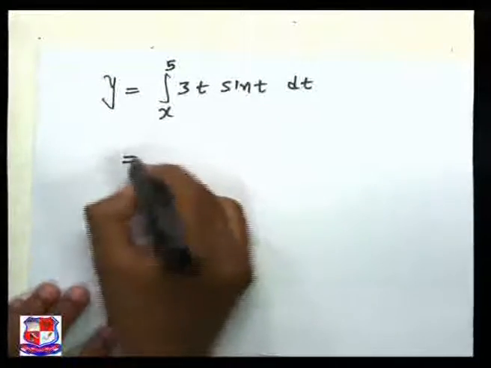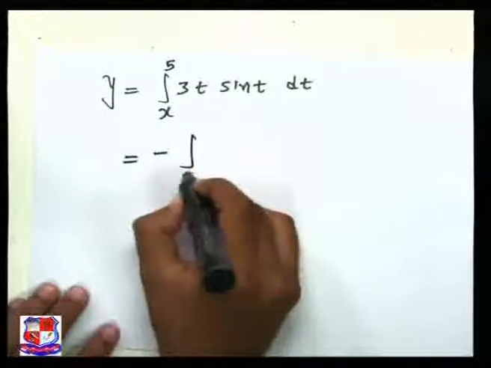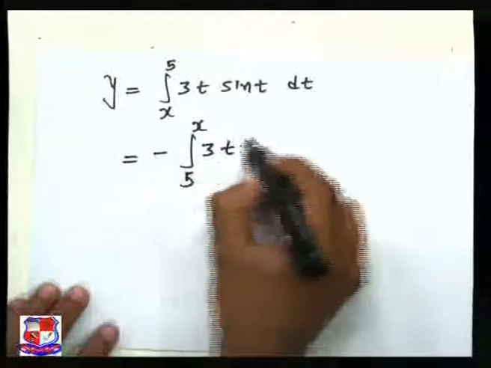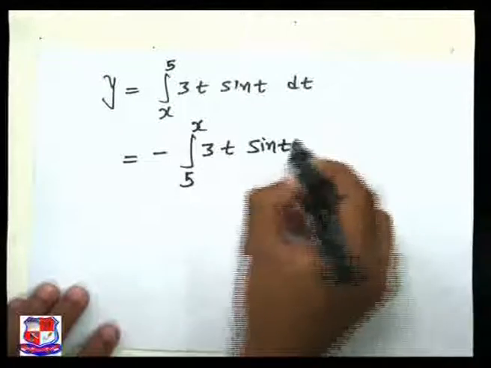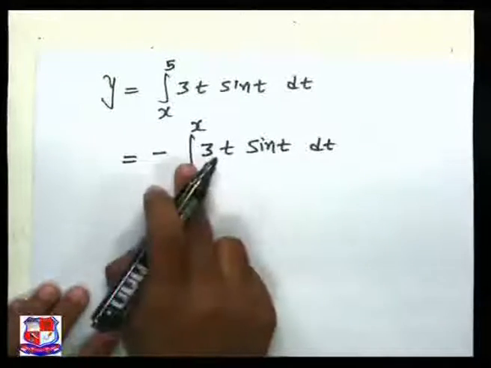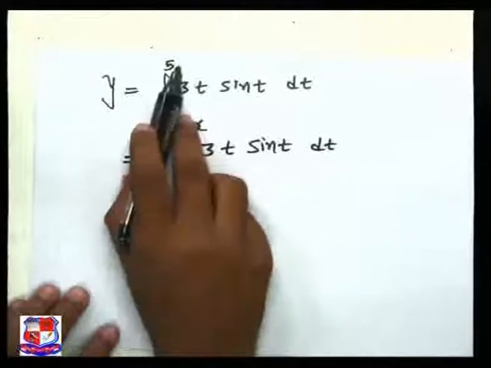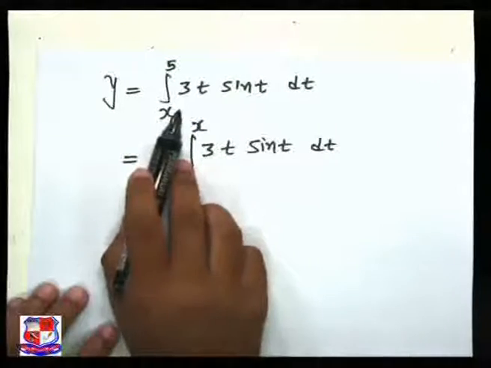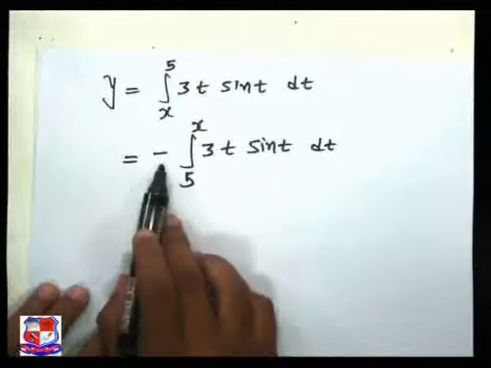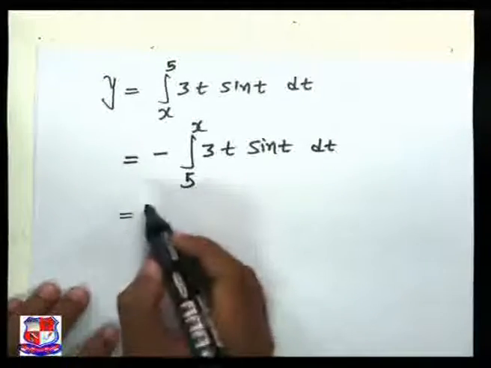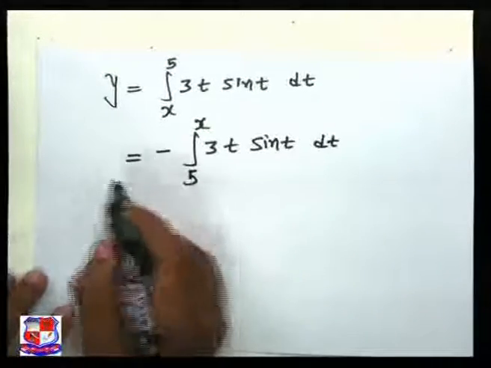Now this can be expressed as minus integration from 5 to x of 3t sin t dt, because if we want to change the limits in the integration from x to 5, we have to put down a minus sign here. So minus 5 to x of 3t sin t dt, and this is equal to, now the dy by dx,